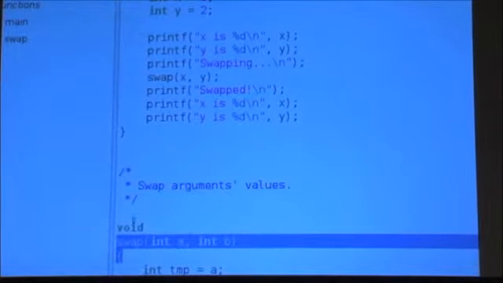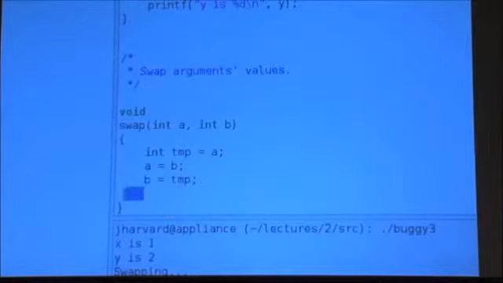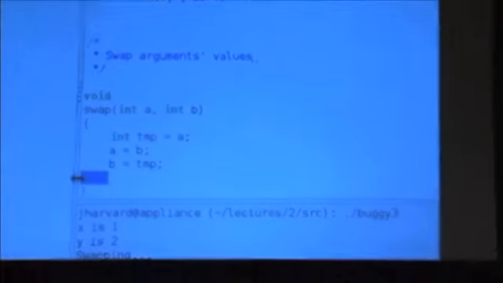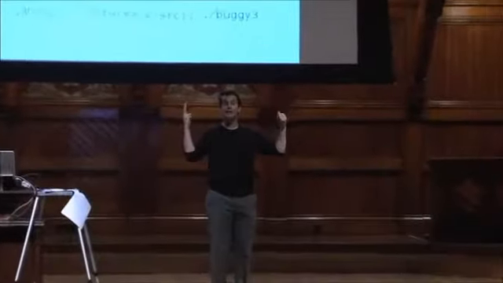But then when you finish executing swap, before it actually finishes, so if we get conceptually right to where my cursor is here before it's all done, x is 1, y is 2, a is 2, and b is 1. The problem is that the goal is to swap x and y, and all we've done is swap a and b. So it seems to be a fundamental problem that when you pass inputs to a function, you're actually passing copies of them in. And the buzzword here is you're passing them by value.